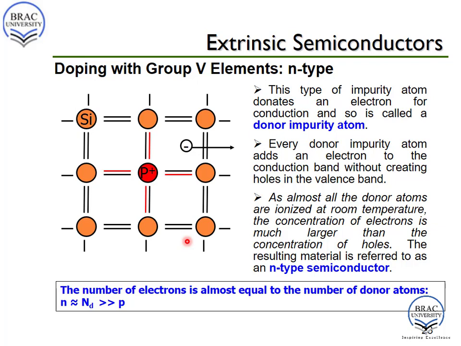Another thing to note here is the electron hole pair generation due to thermal excitation will be very small compared to the electrons generated by the donor atoms. So actually, this ND denotes the number of electrons created due to donor atoms. So the total electron concentration in the structure will be almost equal to the electron concentration due to donors, because the naturally thermally excited electrons will be very few.